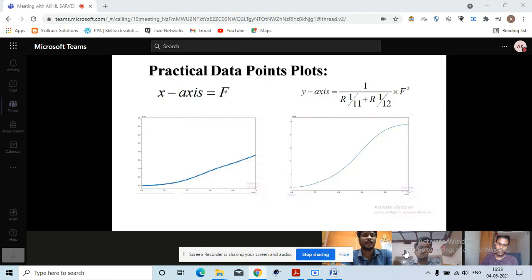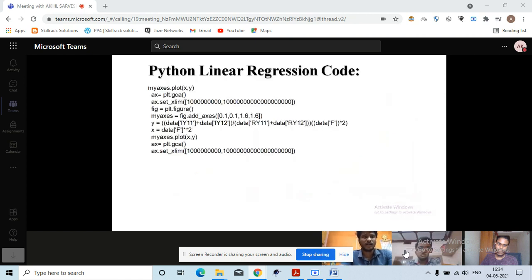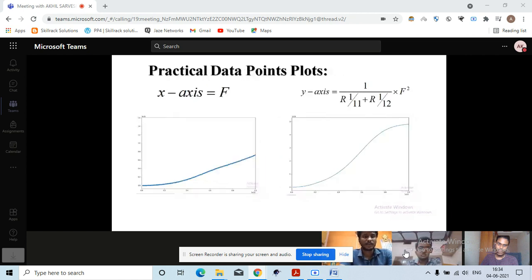This is the data plots we got. Skip this coding part. In this plot, the first plot is a scatter plot. Using the scatter plot, we are going to draw a linear regression fit, which gives the intercept and coefficient. In this graph, the x-axis is the frequency and the y-axis is 1 by real values of the inductor data. Next.